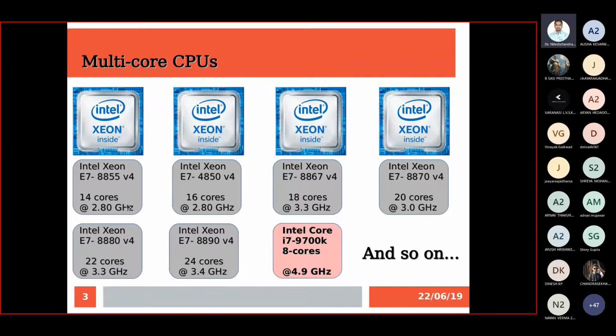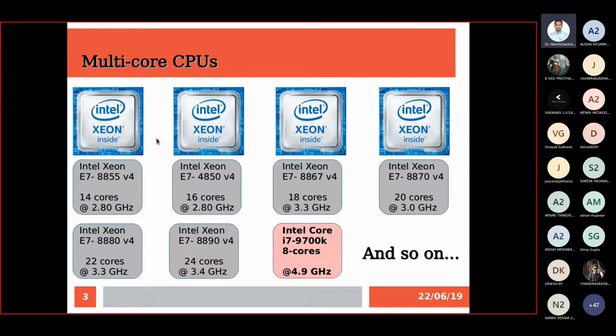So these are the processors from the Intel side, and the different processors have different numbers of cores with different clock frequencies, right? So it is again a trade-off and their marketing strategy, how they are going to manufacture these kinds of cores as per customer requirements. But typically we can observe all these cores have a maximum clock frequency of around 5 gigahertz.